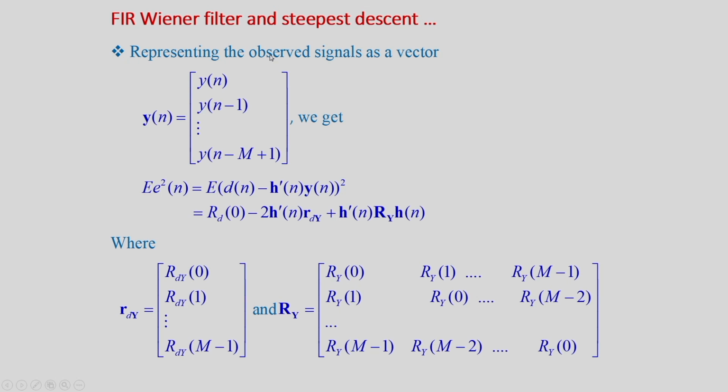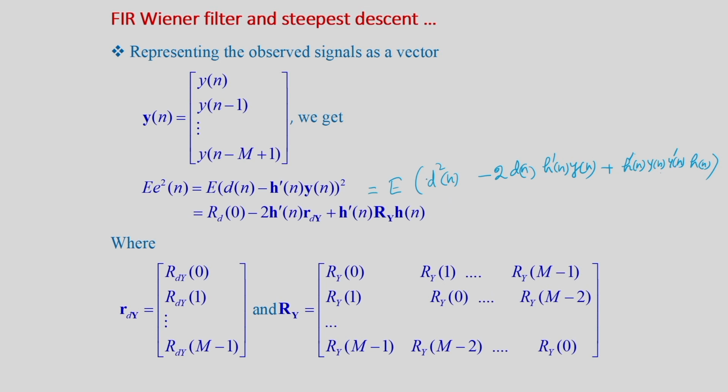Now, we represent this optimization problem in the matrix form. For that, we represent y[n] as this vector. The y vector is equal to a vector comprising of y[n], y[n minus 1] up to y[n minus M plus 1]. Therefore, E of e squared n is equal to E of (d[n] minus h transpose n into y[n]) whole square, and that is equal to E of d squared n minus twice d[n] into h transpose n into y[n] plus h transpose n y[n] y transpose n into h[n],